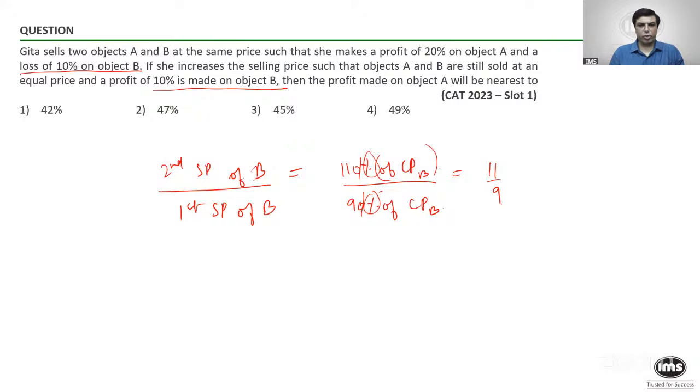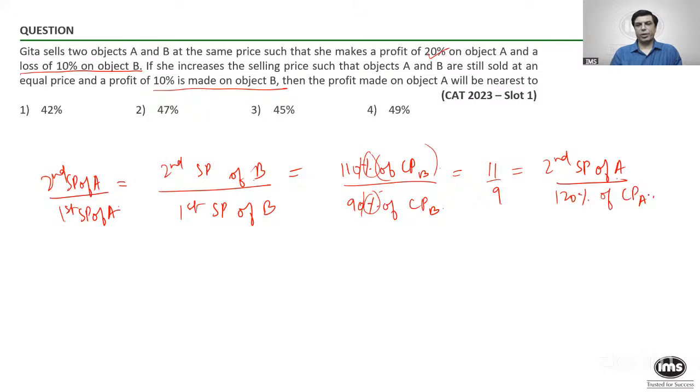There's one more thing that you know. The selling price of B and the selling price of A are the same, which means we also know the ratio of selling prices of A. The second selling price of A upon the first selling price of A, that ratio will be 11/9. Is any of the two known to us? Yes, the first selling price is known, which means we can say the second selling price of A upon how much? 20% profit. So 120%